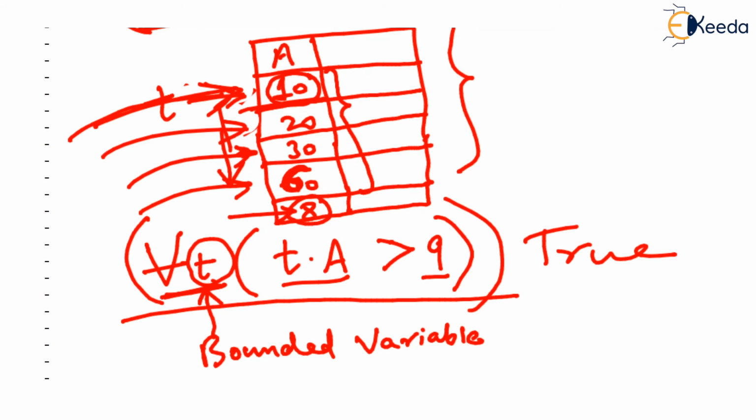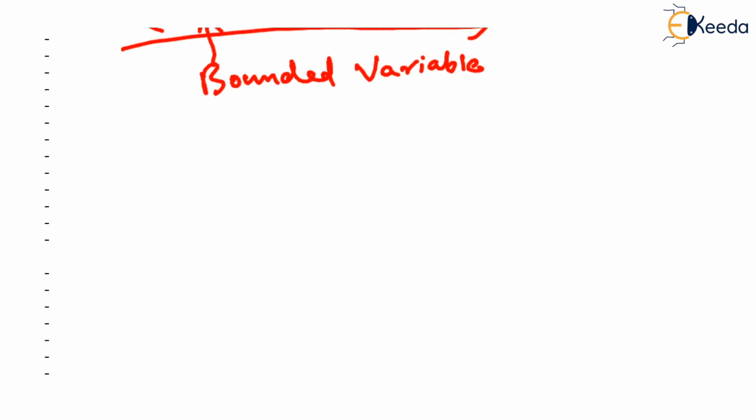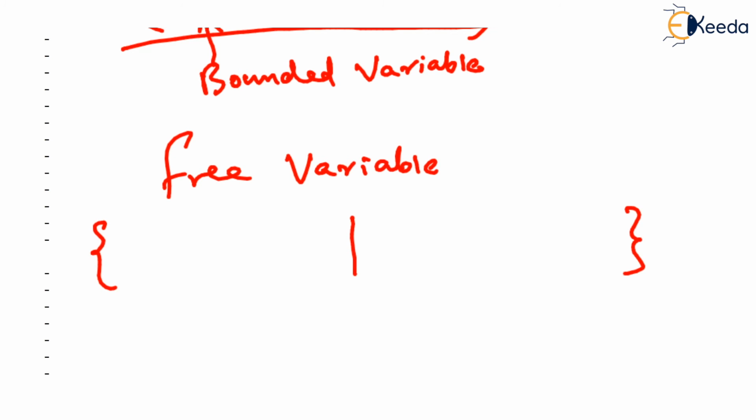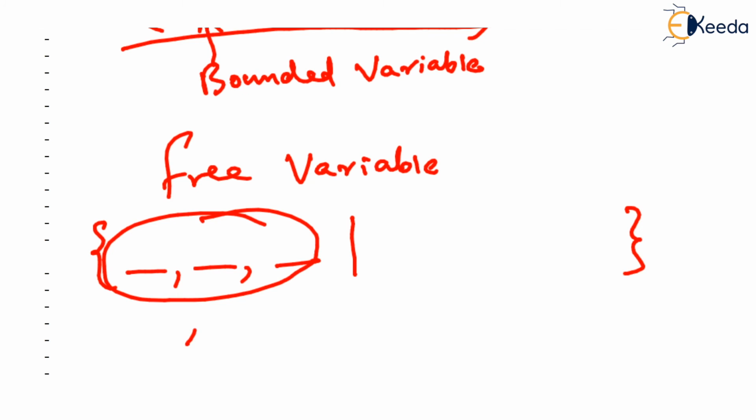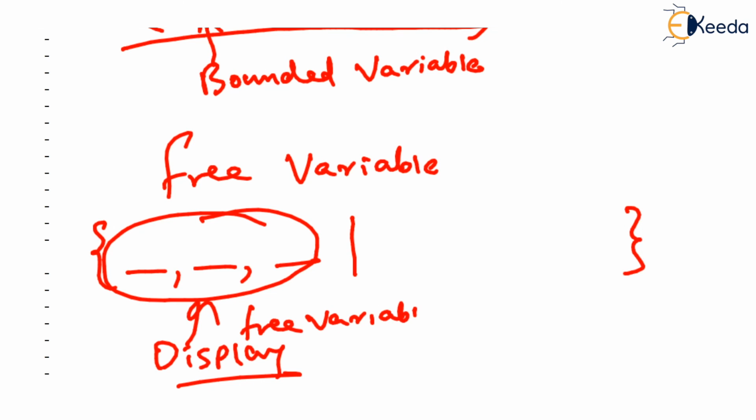There is something called a free variable in tuple relational calculus. We have seen what a bounded variable is. What is a free variable? That's very simple. In the tuple relational calculus, whatever you write before the vertical bar, this is after all a list of variables, or rather, what you want to display. This is what you write, and these are called free variables. This is a free variable. So typically, the things that are written before the vertical bar are free variables.